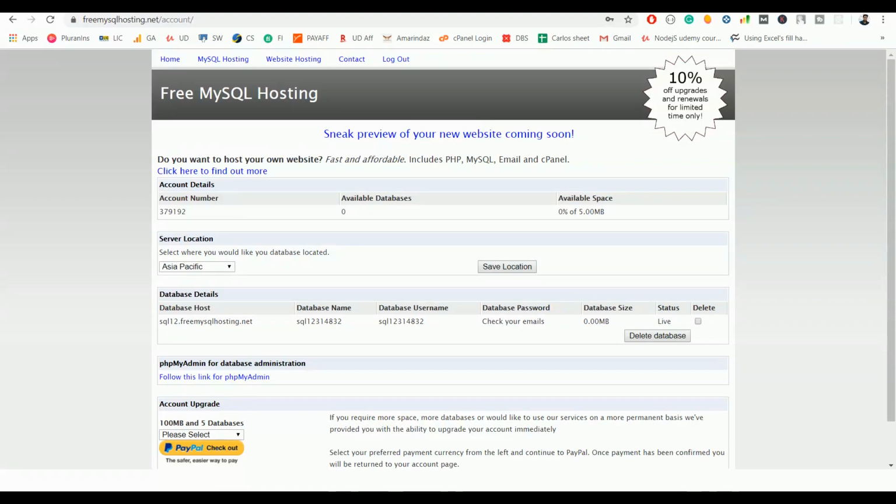Hello everyone, in this video we are going to see how to create or establish a connection between Google Sheet and your MySQL server using Google Apps Script. So to create a MySQL server, I'm using free mysqlhosting.net which gives you a 5 MB of space, and once